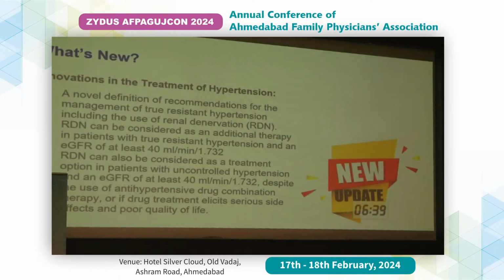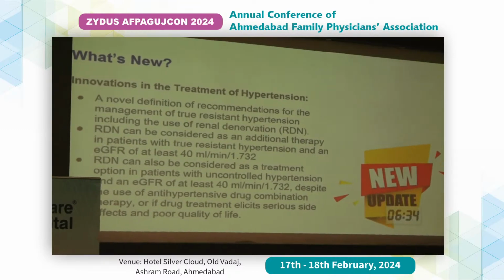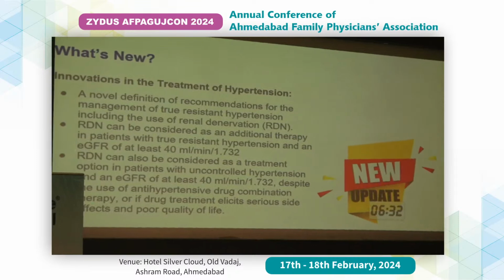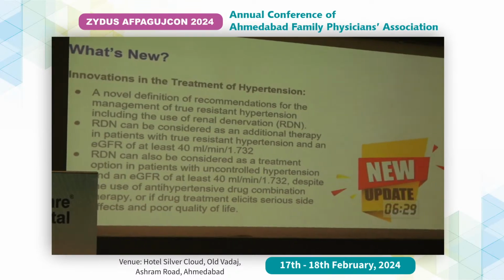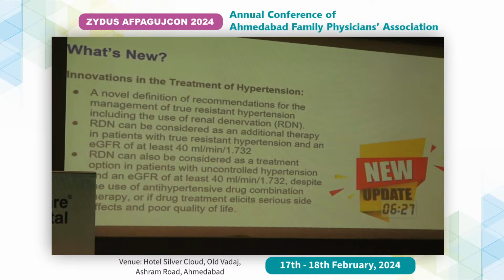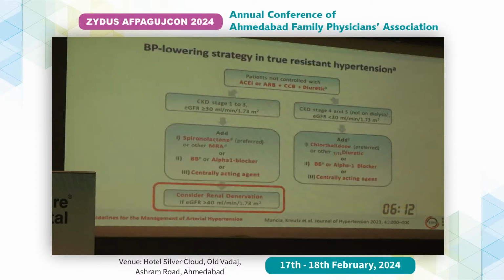hypertension. And so what's new in the 2023 ESC and other guidelines, like there are various innovative treatments like renal denervation therapy, and we also know it can be considered as a further treatment option where eGFR is at least more than 40 milliliter per minute per 1.732 square meter, despite the use of antihypertensive combination drugs. So as I said, we can consider denervation therapy based upon the strategy of resistant hypertension,